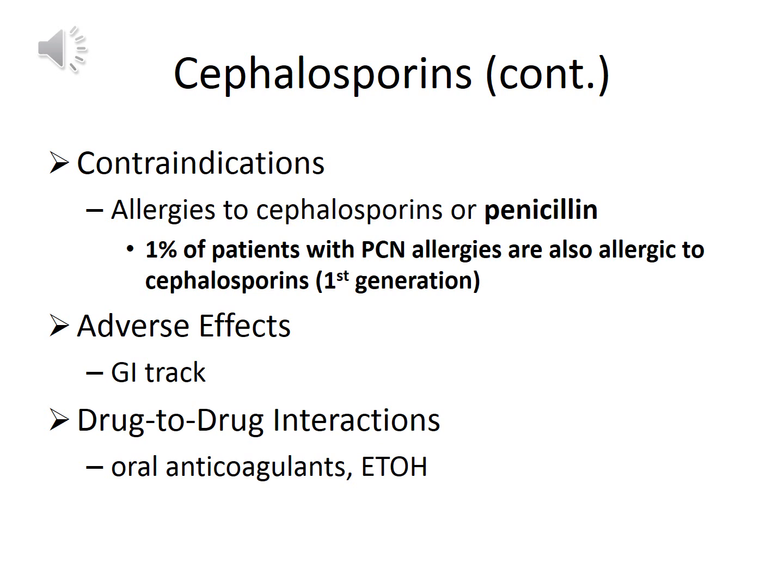Biggest adverse effect is GI tract disturbances, nausea, vomiting, diarrhea, those kind of things. And the primary drug-to-drug interactions are with oral anticoagulants, and it's primarily because it inhibits the bacteria in our colon that actually metabolize vitamin K for us. And so vitamin K is